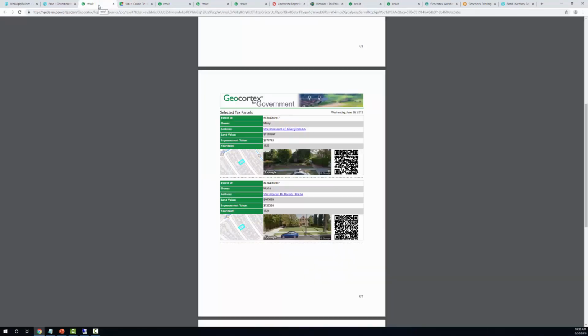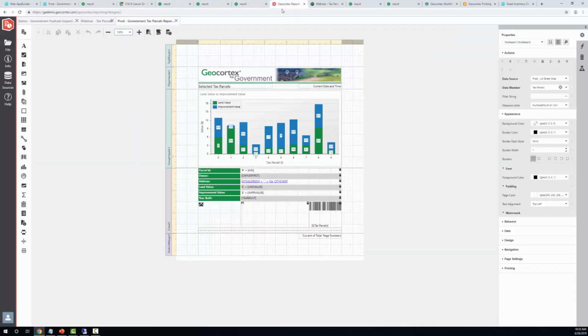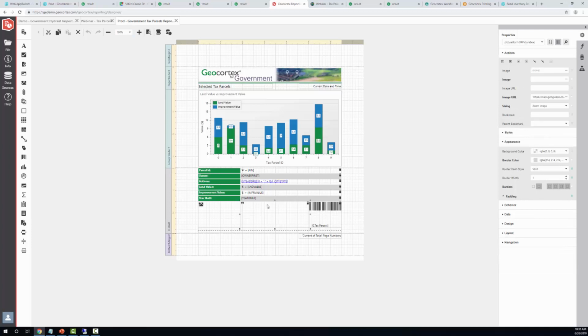So a little bit more of a comprehensive report that can also be called through a more intuitive guided interaction rather than having to select features on the map using the select widget. I'm now using a workflow, which is a little bit easier for an end user to perform a particular business task. Here we can see this is the image where I'm actually dynamically creating that Google Street View functionality,